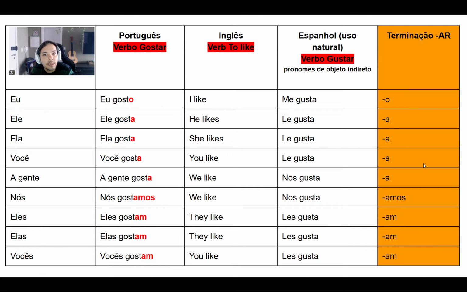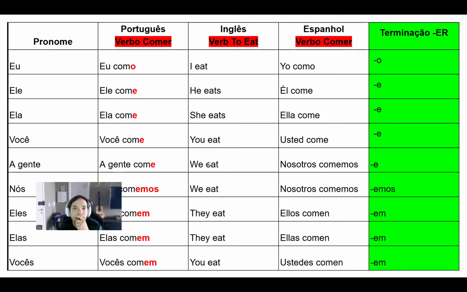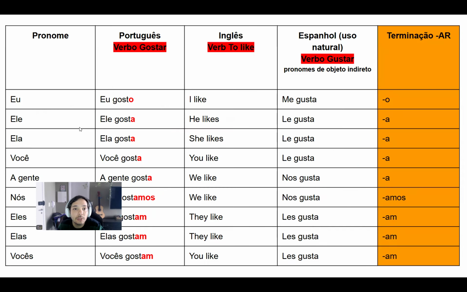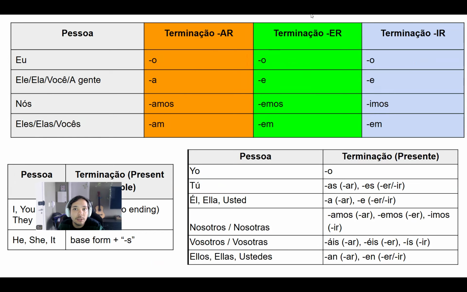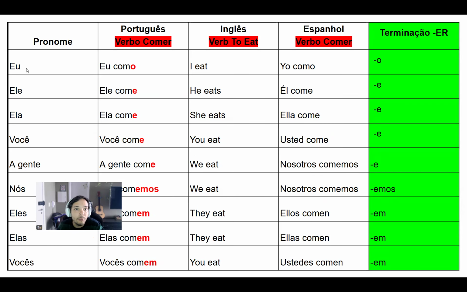So here you have the table, né? Follow this table here. And do these steps until you get used to it, how to conjugate it. Okay, here we have the verbs that end in ER, second group, so you need to follow. Let's say first, second, third group. So example, eu, delete the two last letters, add o.